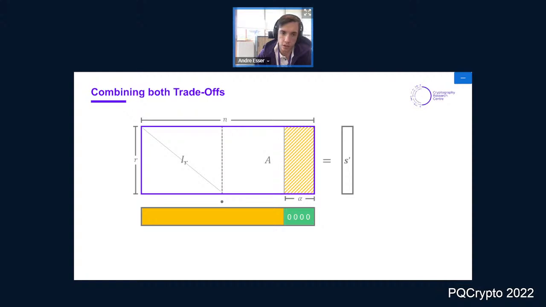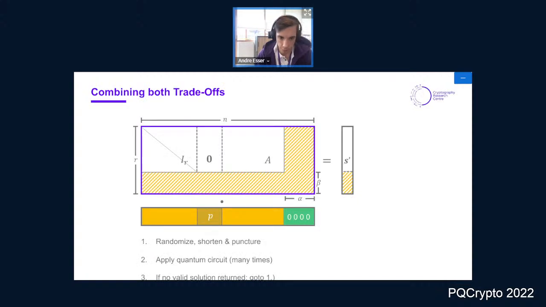And what we can also do is puncture the code, meaning we just disregard some of the rows of this matrix. If we disregard some of the rows of this matrix, and there is some zero submatrix appearing, which of course we can also disregard. But this also means we discard some coordinates of the error, and the error might have some weight in these positions. So we also reduce the weight of the error by puncturing the code. On the downside, we might introduce multiple solutions, because we're discarding parity constraints of the matrix, so basically the information on the syndrome. So we might have to run our quantum circuit multiple times.